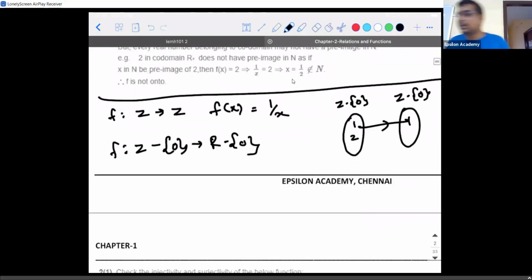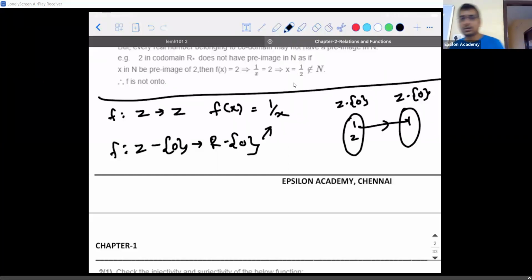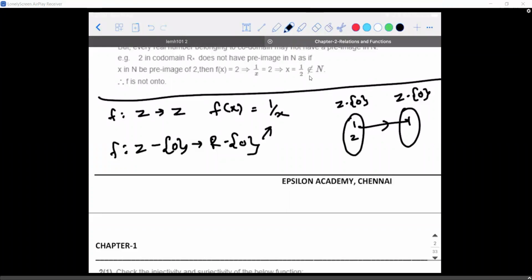So now I want you all to tell me, f of x is equal to 1 by x. Is it a one-to-one function or not? Is it an onto function or not? Tell me. Rohan, you were saying something. Sir, I said that we can change it to Z minus 0. Ah, that's how to change it. That's right. Students online, I hope everyone is clear. Don't be silent. If there is any doubt, ask. Clear, sir. No doubt, sir.